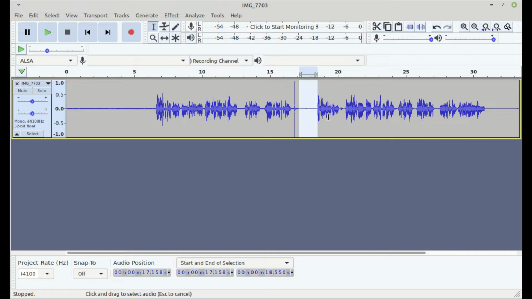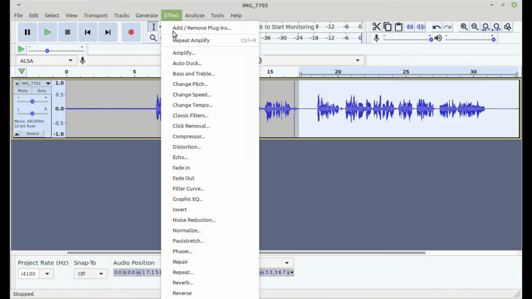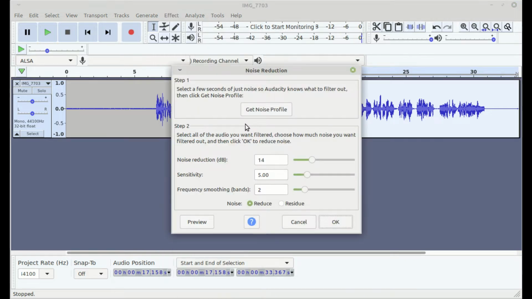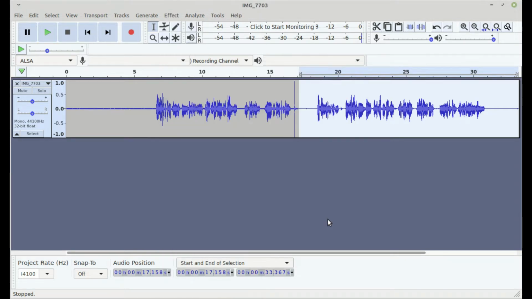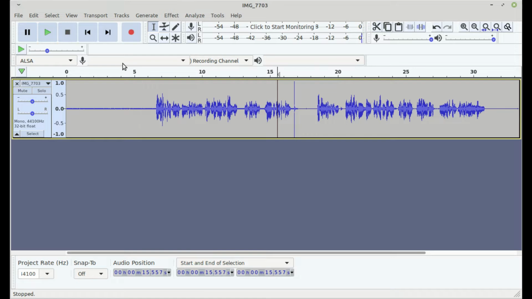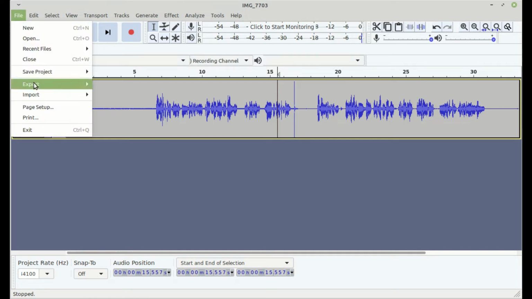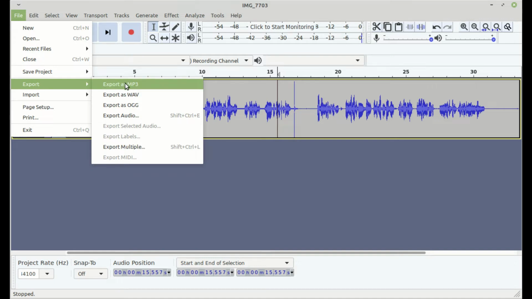Now the noise profile should still be in there, so I'm just going to run it through again, and then let's just have a look at that. So I click my fingers, but actually there's a little bit more to it. Yeah, and that's much nicer and cleaner. And then all I need to do is to export that as MP3, and then what we'll do is we'll